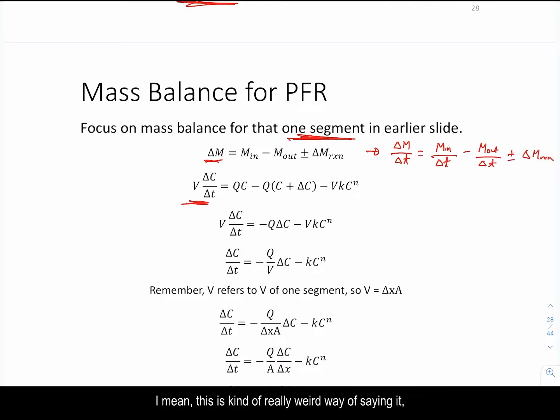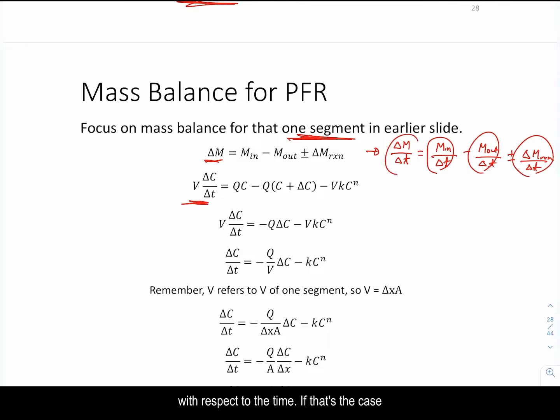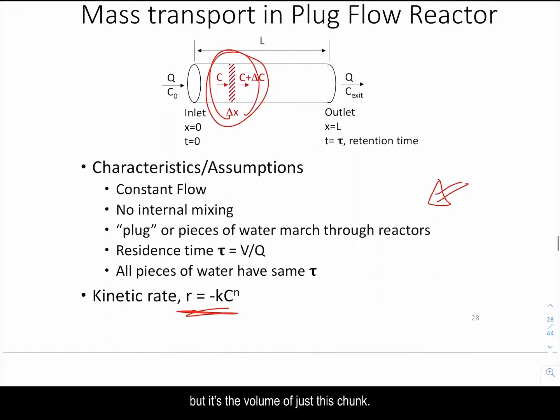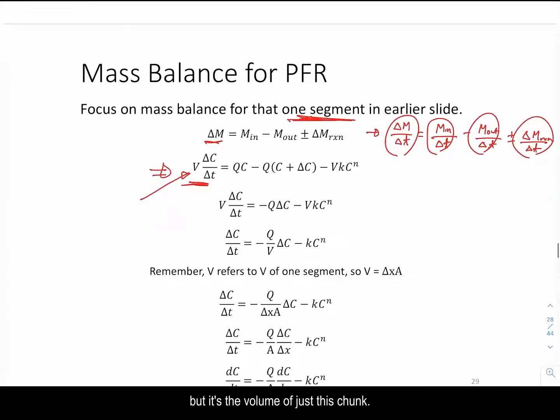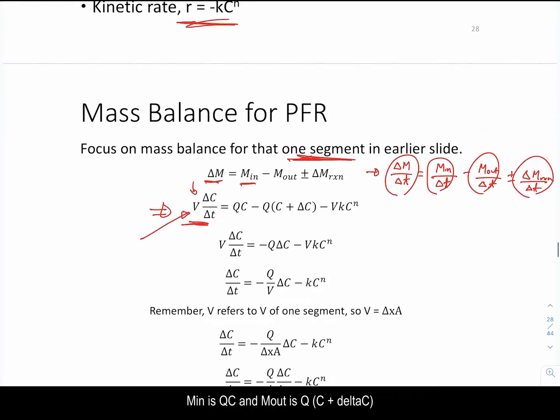This is a really weird way of saying it, but basically we are assuming that everything is in respect to the time, okay? So if that's the case, now we can put them in here. The volume here is not the volume of the entire reactor, but the volume of just this chunk. Okay, volume times delta C over delta T,